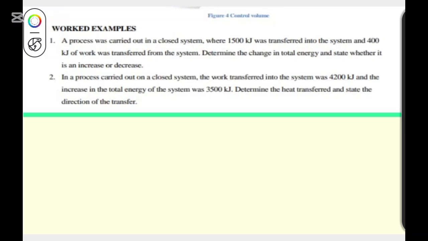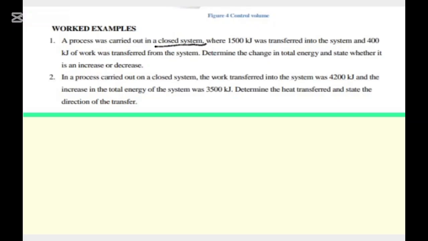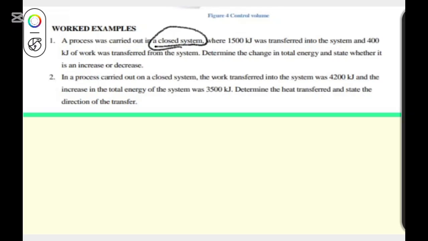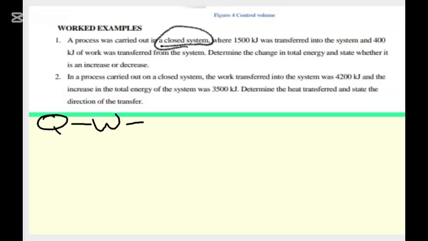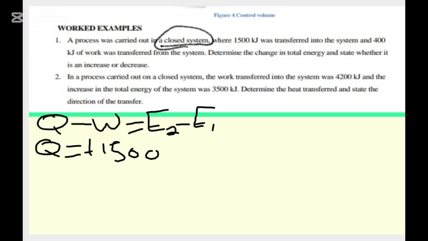So you have to take note that in a closed system, the value of Q minus W is equal to E2 minus E1. And the heat transfer into the system, which is Q, is given as positive 15